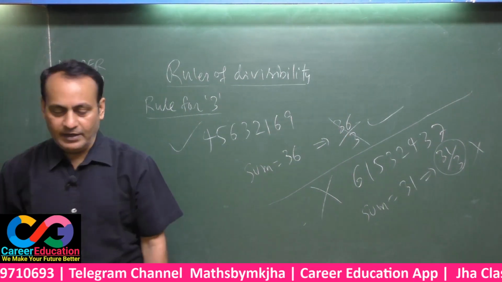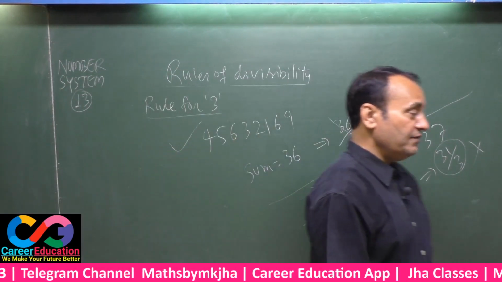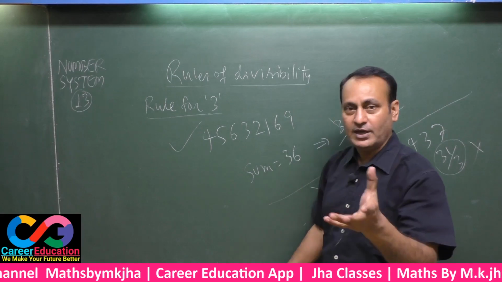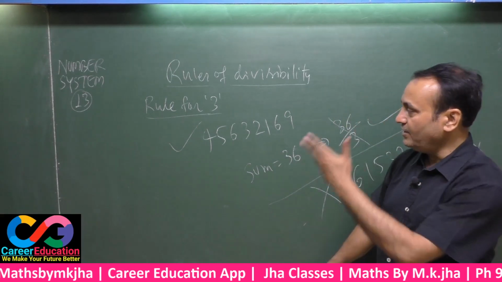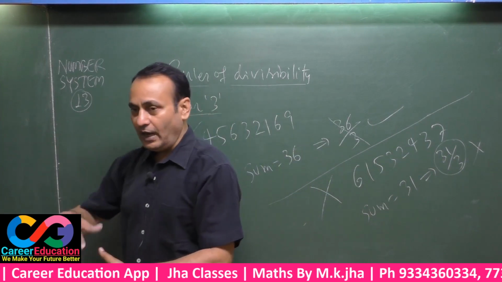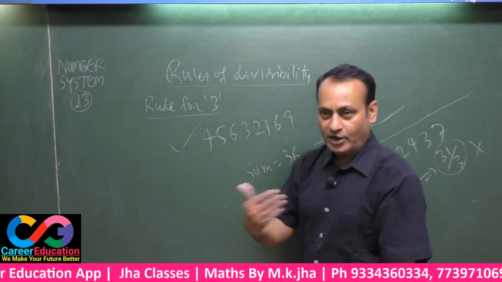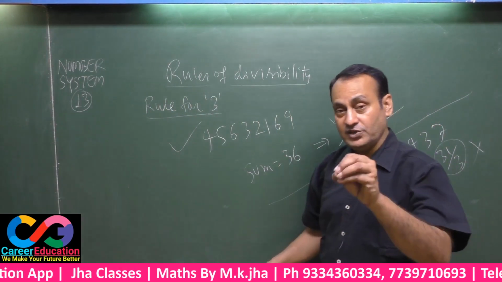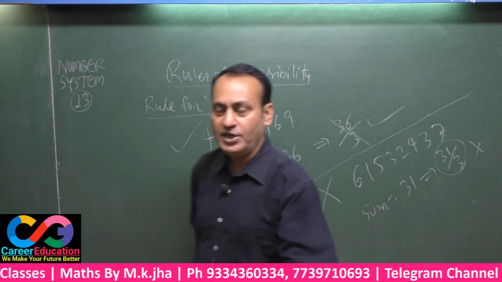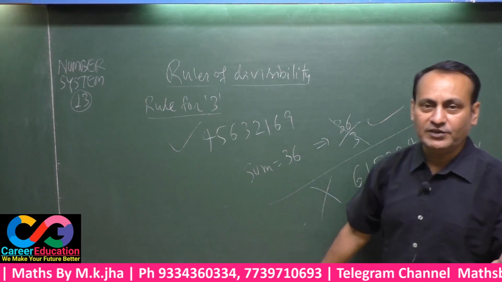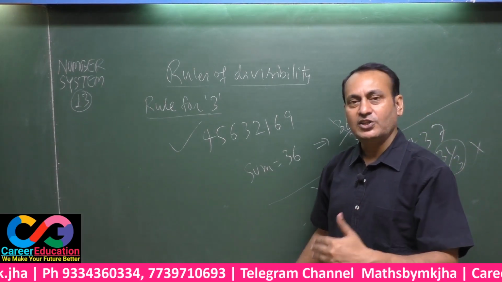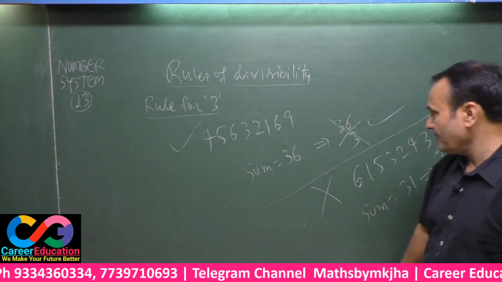That means whenever you are going to check whether any given number is divisible by 3 or not, you have to get the sum total of all the digits given in your number, and then that sum total is either divisible by 3 or not. If the sum is divided by 3 completely, certainly your number is also divisible by 3. And if the sum total is not divisible by 3 exactly, certainly the number is not divisible by 3. See here.